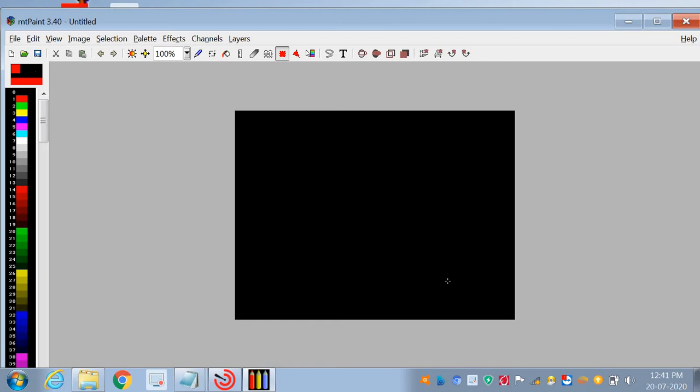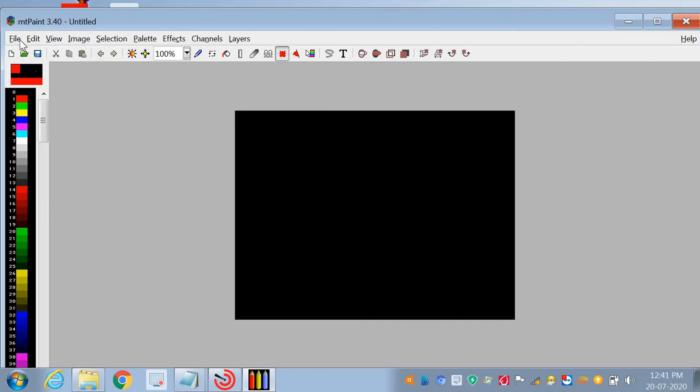So how can we edit our image with the use of MT Paint? Before starting the practical I will explain some of the menu bar. Look here, this is your menu bar.